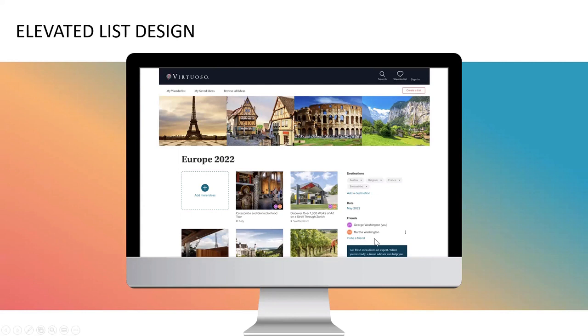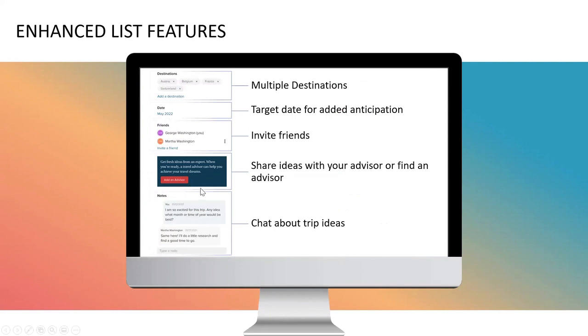I couldn't get everything on one screen, so I highlighted below the date. Again, being able to add an advisor, since they're coming into v.com, let's just say it's a true prospect, or maybe it is into virtuoso.com. If they're coming in through your personalized website, and they don't have a Wanderlist, they create a Wanderlist. Wanderlist is going to recommend that they add you, because it knows they came in through your account. It's going to have your little picture here that says, add Laura Fixsen or Susie Chow or whoever to your Wanderlist account so they can share ideas. So it's going to make it really easy for them to connect with you.